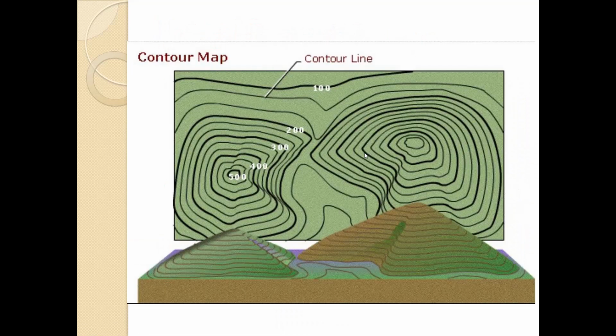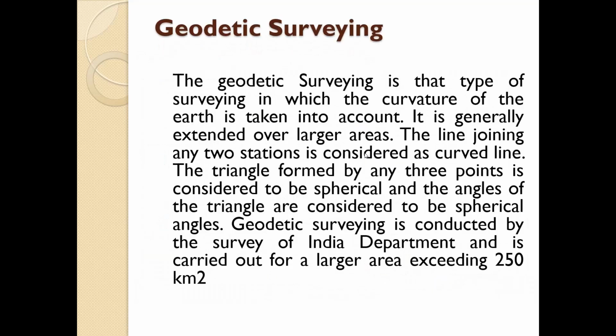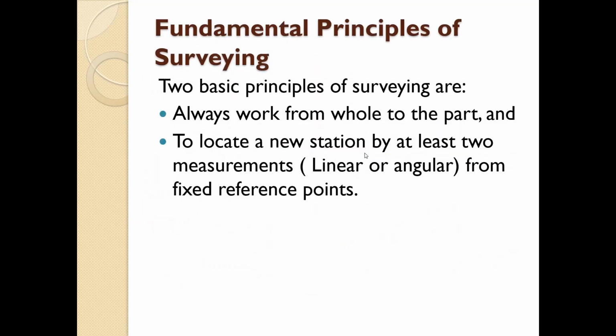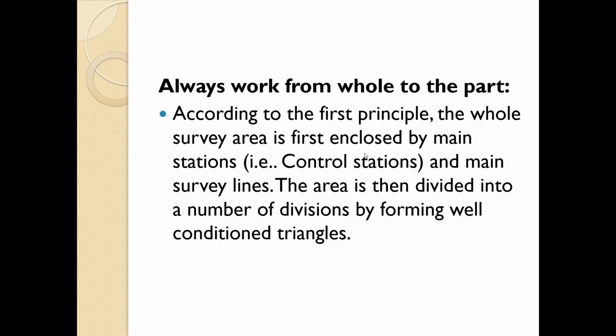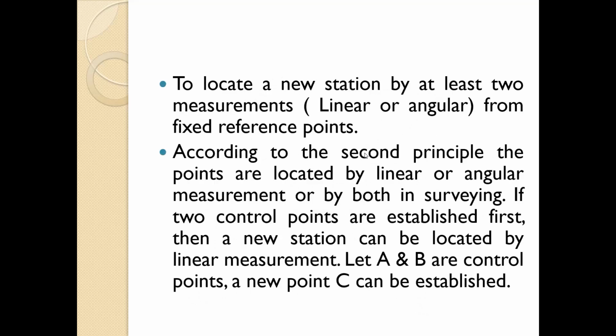You might have done the exercise of calculating the area of an uneven shape by using graph paper, in which first we calculate the biggest or the whole parts, and then the area is divided into small particles, and then we calculate the area of those small particles. Then the second principle: to locate a new station by at least two measurements, that is linear or angular, from